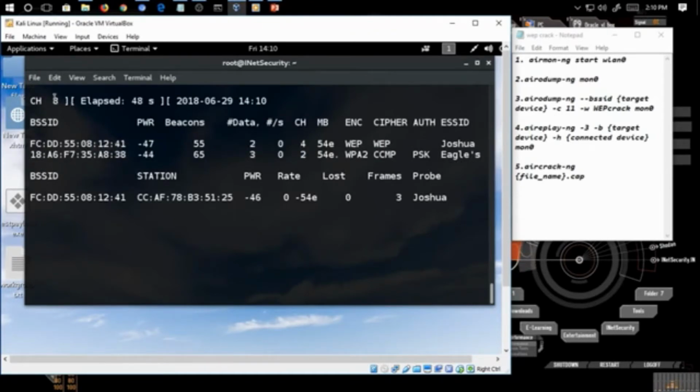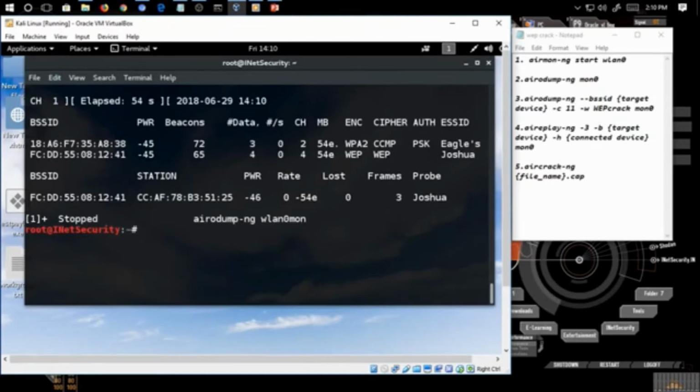I'm going to copy the BSSID, and we are going to stop this, and type another command, airodump-ng with --bssid, the targeted device's BSSID, and the channel number, and we are going to write it to a file, and finally conclude this command with the monitor mode interface's name.